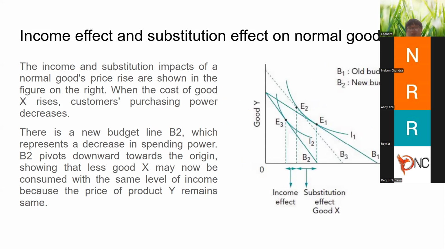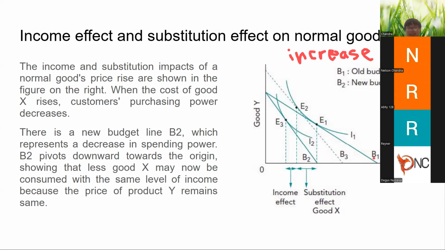In this diagram, the situation is that there will be an increase in the price of X. Let me write it here: increase in price of X. Due to that, the budget line, originally at BL1, budget line 1,